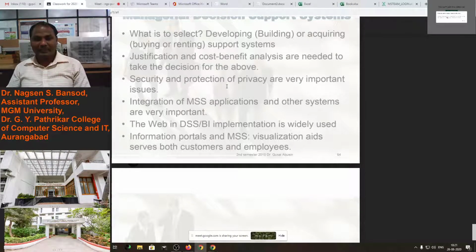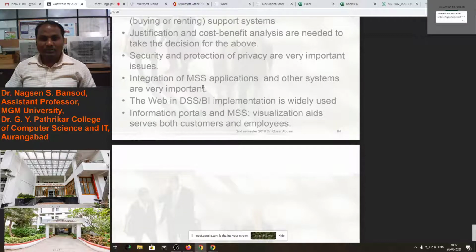Multiple devices are connected to each other for security purposes. Such integration should be there for security. Integration of the MMS application, management support systems application, and other systems is very important. One device connecting to another device is very important.